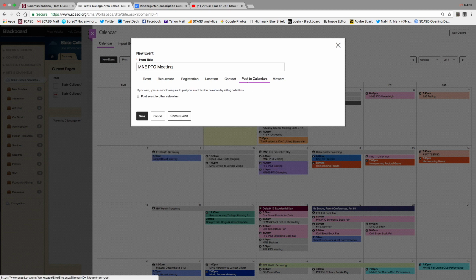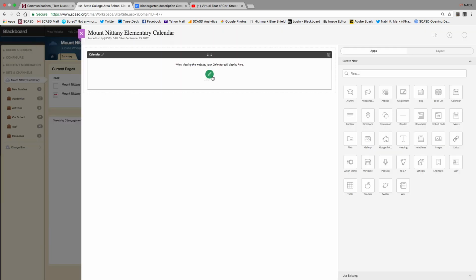And this doesn't just work for the district calendar. For those of you putting events on the calendar, sometimes you might have an event at an elementary school, but it's a Coral Street event, and it's actually happening at Mountain Indian Middle School, right? So this is where you use your sense to say, okay, I'm making this event. I know Nabil told me that he wants them all on the district calendar, right? New event,